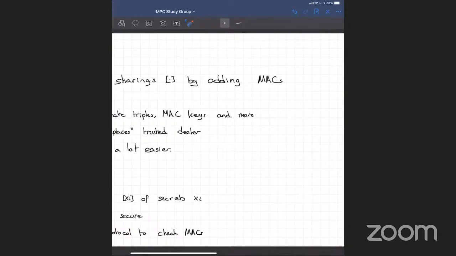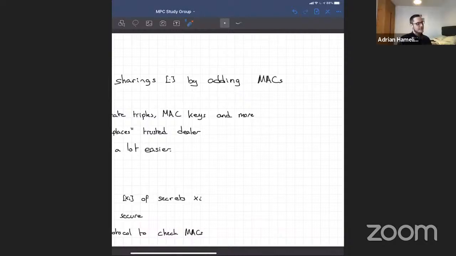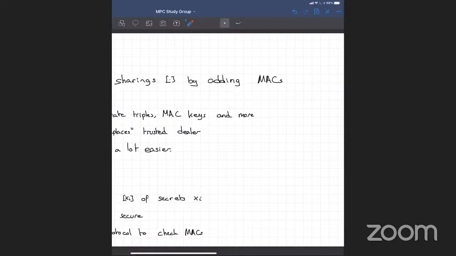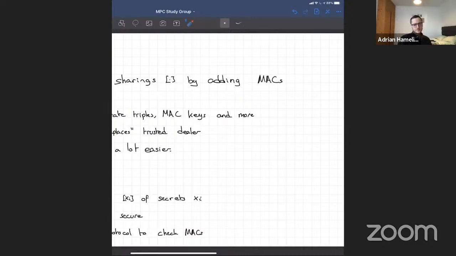Sorry, so the sharing is additive all the time, or do we do some kind of resharing? It's always additive, yeah. There can be resharing involved, but we just consider that when we have this notation here, it means that the secret is additively shared. However, we'll show how we use different notation to represent the sharings which are protected with these message authentication codes, tags. But I'll go over it afterwards.